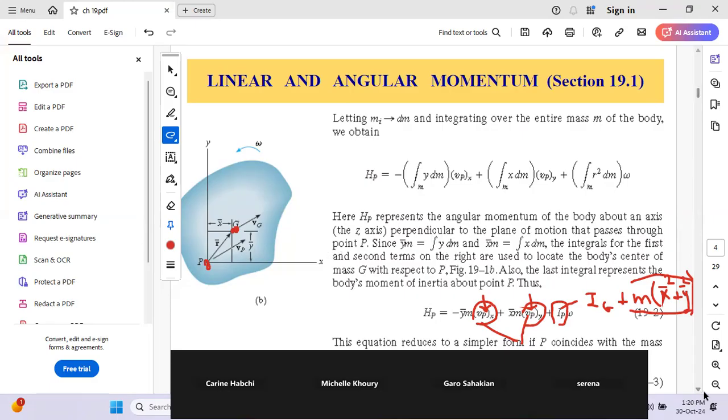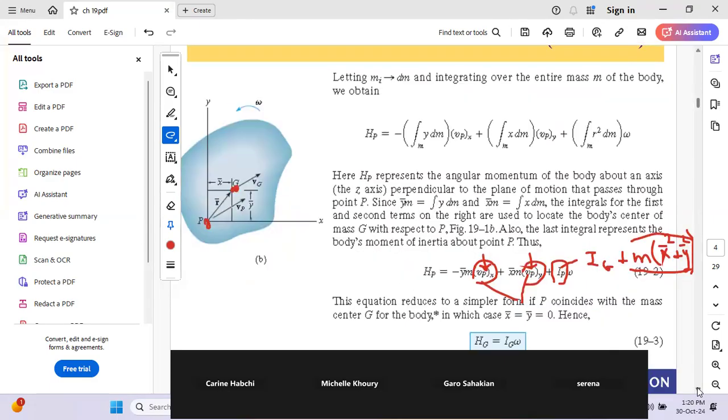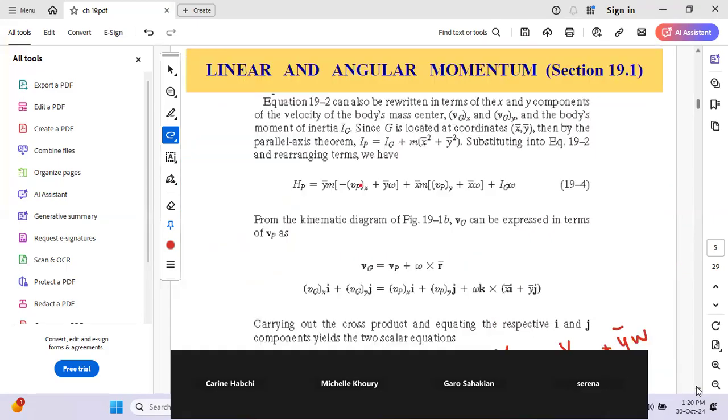So I will take these equations here. So minus y bar m VPX plus x bar m VPY, let us write it. So HP is equal to minus y bar m